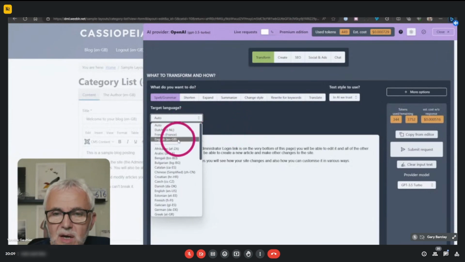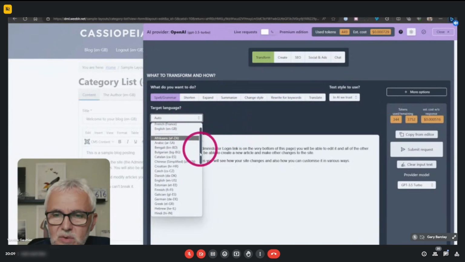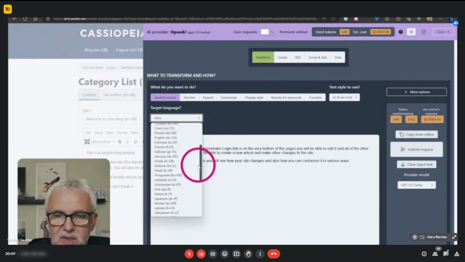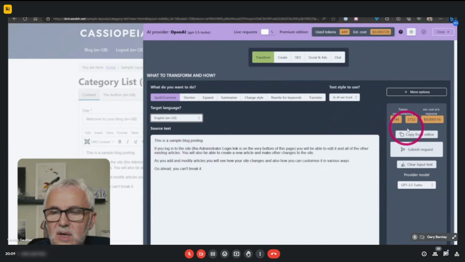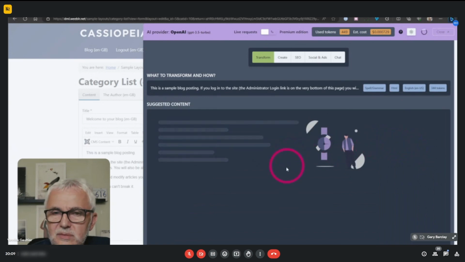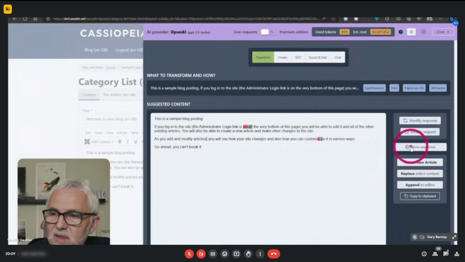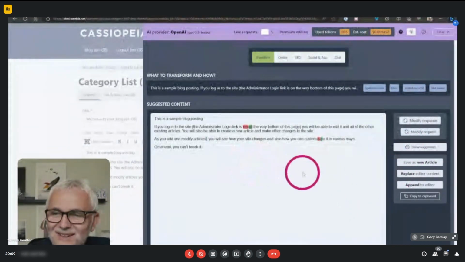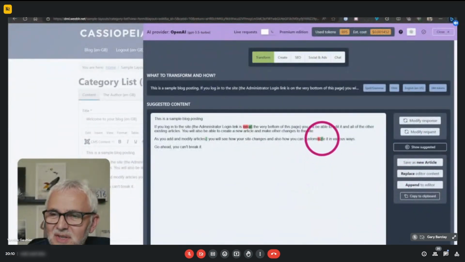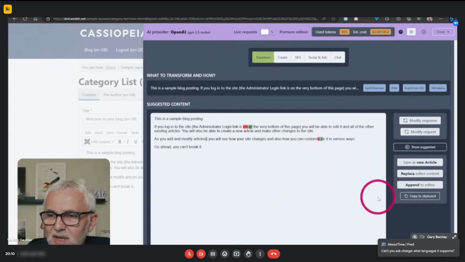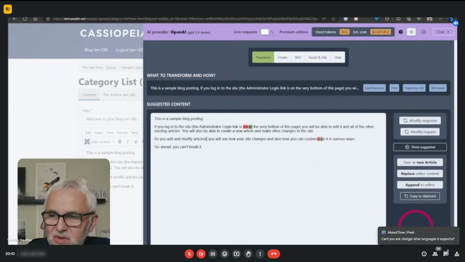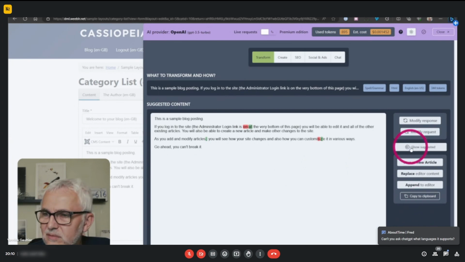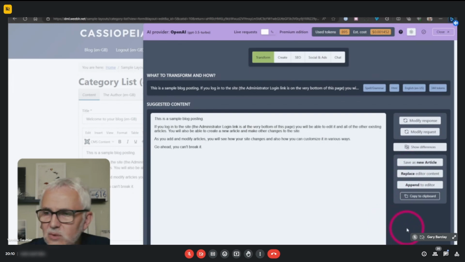So, we can see what it does if we ask it to translate to US English. Translate maybe a bit harsh. No, yeah, I'm fully with you on that. So the only real difference is the infamous S versus Z. So basically it works. And we're still on the front end, we're still in the editor.